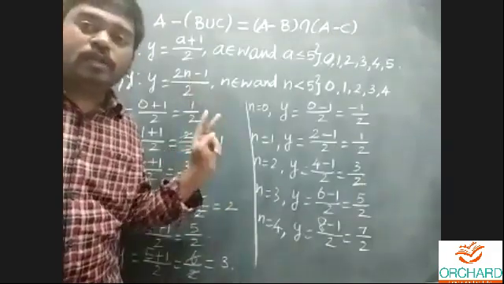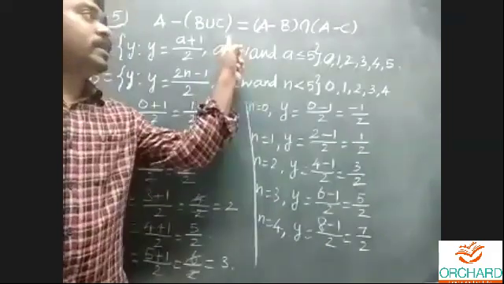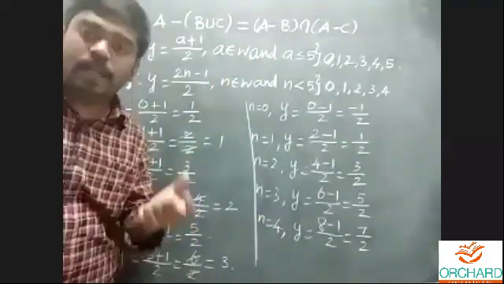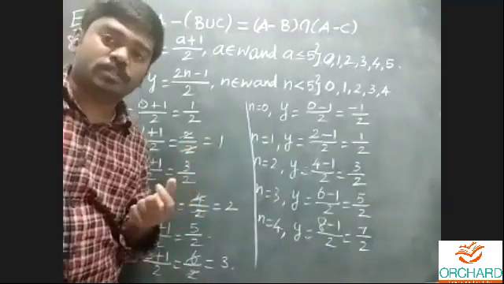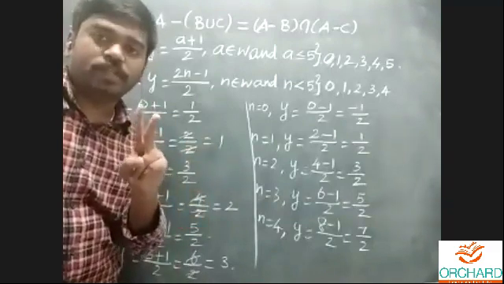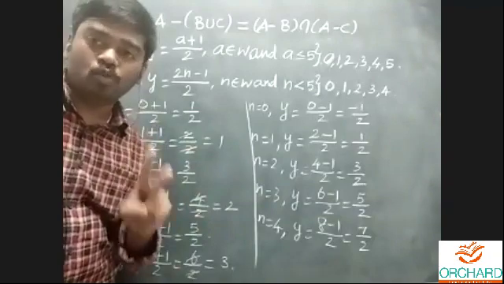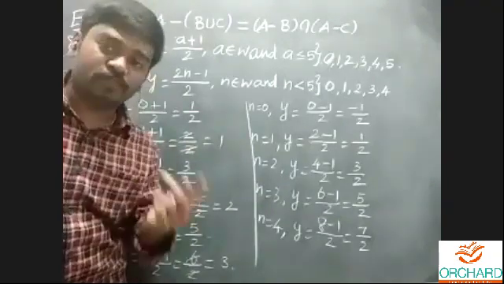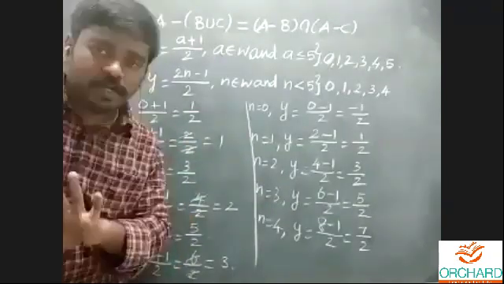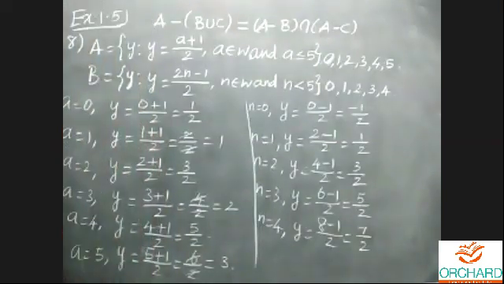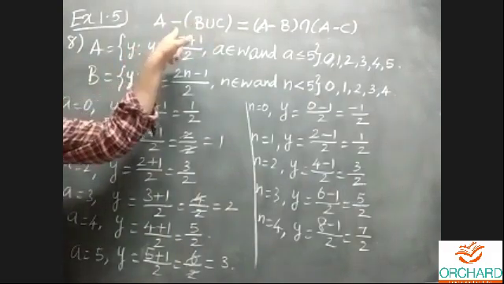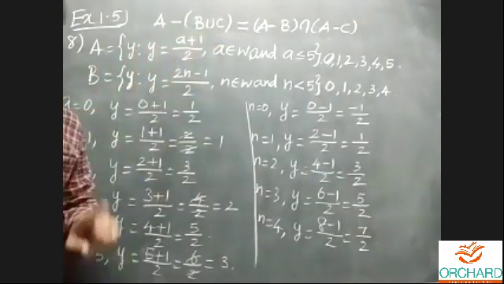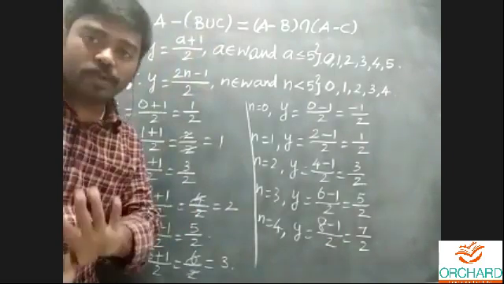In an examination, they will ask without giving the law, a problem like verify the De Morgan laws of set difference. Which means we have the 2 laws. But to verify means either the first law or the second law. In a general question, they will ask to verify either the first law or the second law, either A difference B union C or A difference B intersection C. Any one is enough. No need to do both the laws.